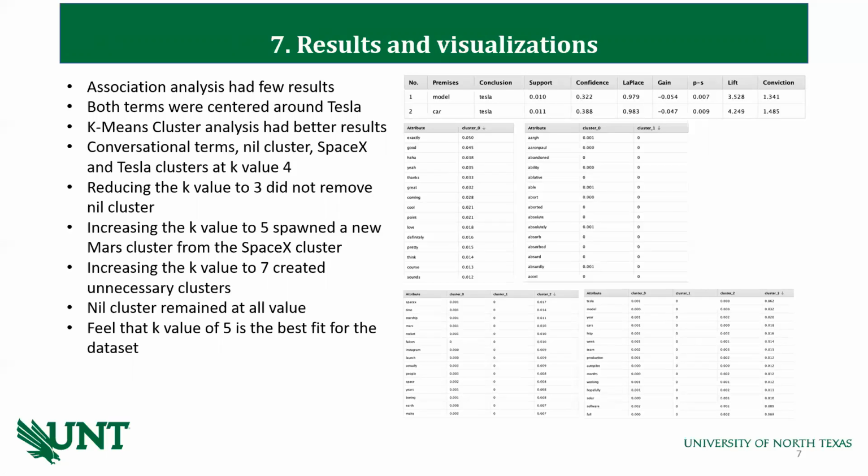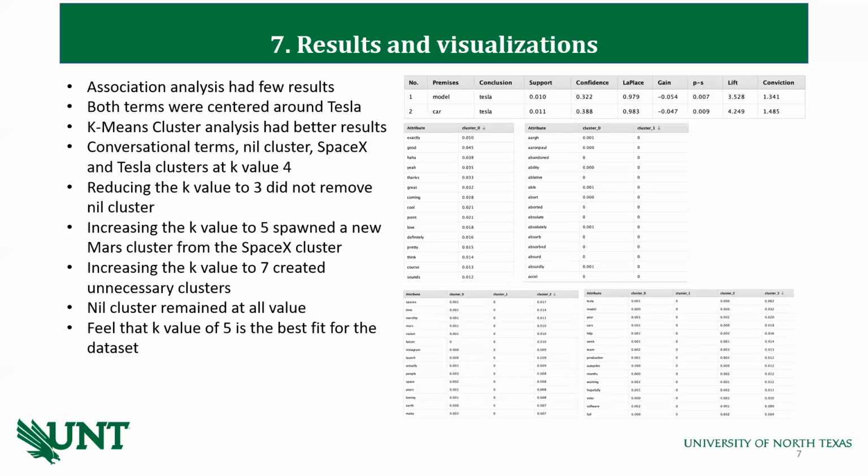The k-means cluster analysis turned out way better in my opinion. For a k-means value of 4, which is what I started with, it had 3 pretty distinct clusters. Cluster 0 was mainly conversational terms that he would use to reply to people. Cluster 1 was a nil cluster, like it didn't have any values for any of the terms. Cluster 2 was a SpaceX themed cluster, and cluster 3 was a Tesla themed cluster,